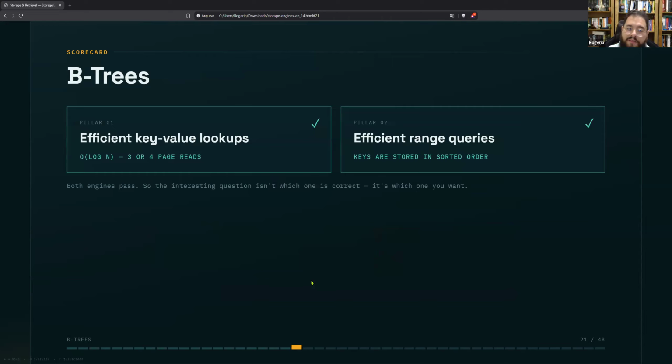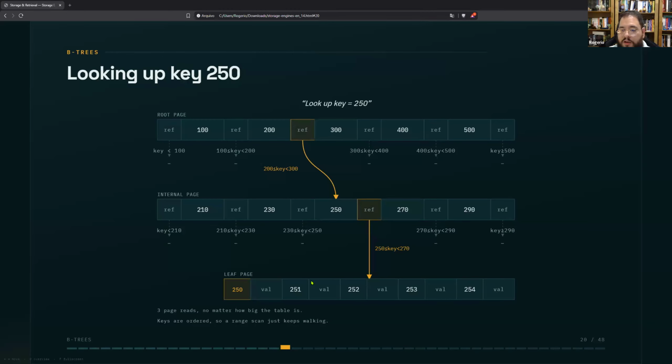And B-trees are very efficient in key value lookups, like I said, and efficient in range queries, because here it depends a lot on how the B-trees are implemented. But in almost every implementation, the keys are stored in a sorted order, like we saw here. Okay, so range queries are pretty natural.